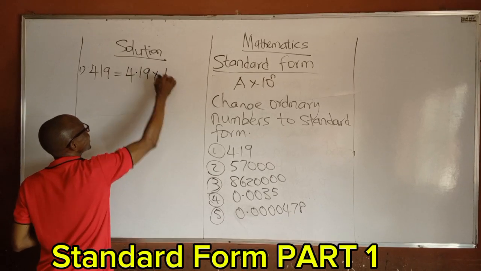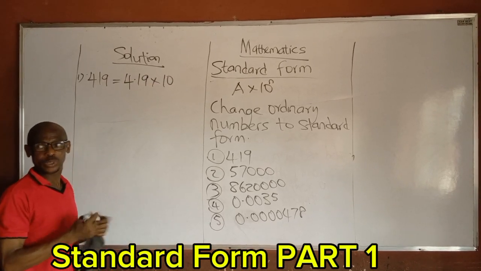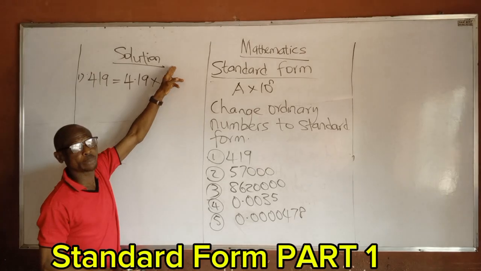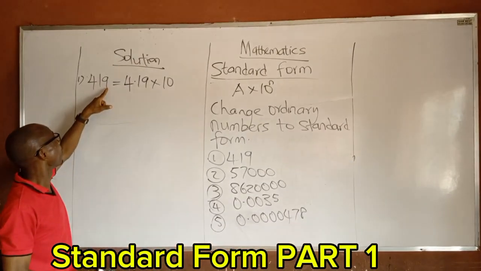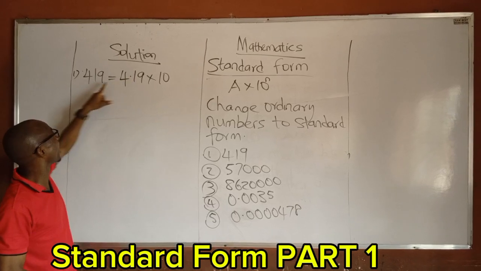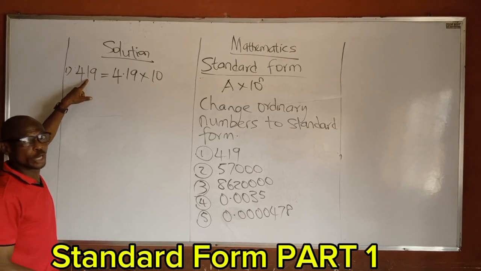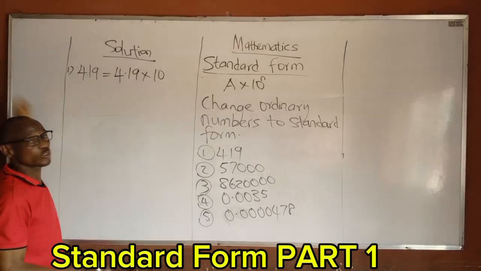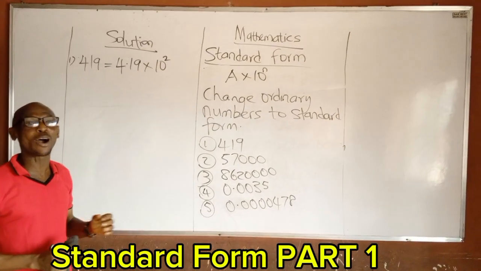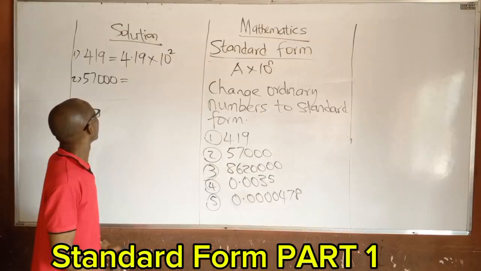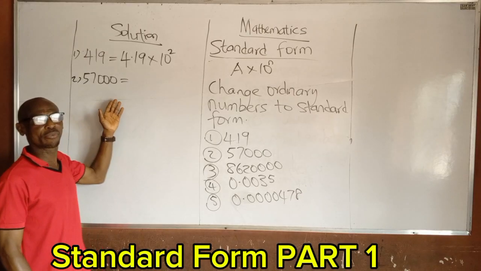4.19 times 10. What will now be the power that it will be raised to? How many places of decimal do we move? We move 2 places to get our decimal here. 1, 2. Because we move 2 places to the left, our power will now be equal to raised to the power of 2. So now let's look at the second value,